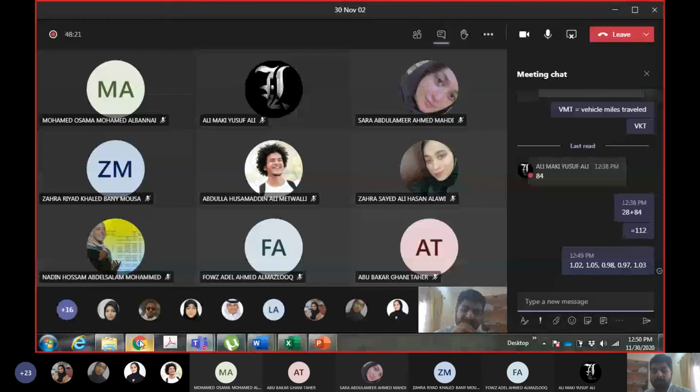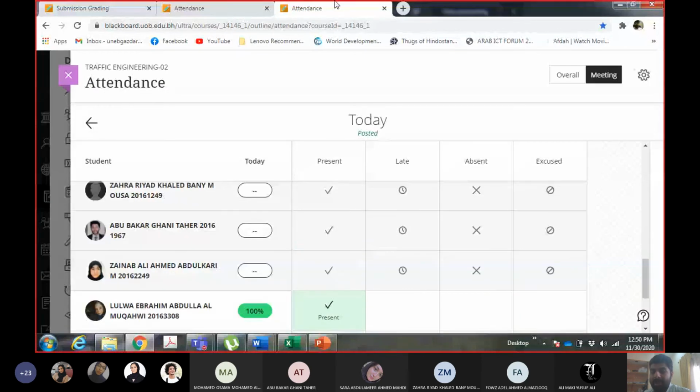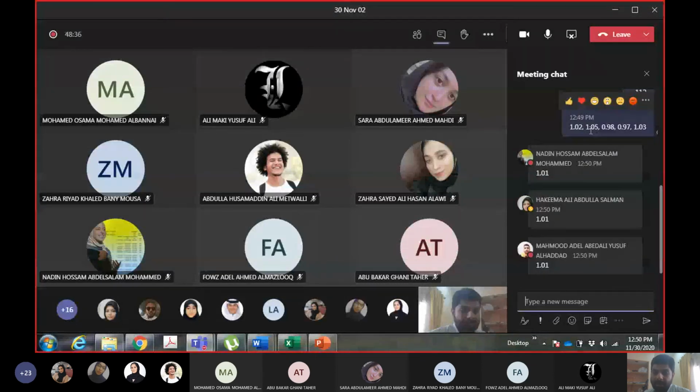1.01. So I can use this average if the difference between this value and each of these 5 values is not more than plus or minus 0.1. In this case, obviously all values are within plus or minus 0.1 from the average. So instead of these 5 values, I can use 1.01. Do you get my point now? First of all, calculate the average for the factors which you want to group. Then take the difference of the average with each value in that group, and if the difference is not more than plus or minus 0.1, that means instead of using each value, you can use the average.